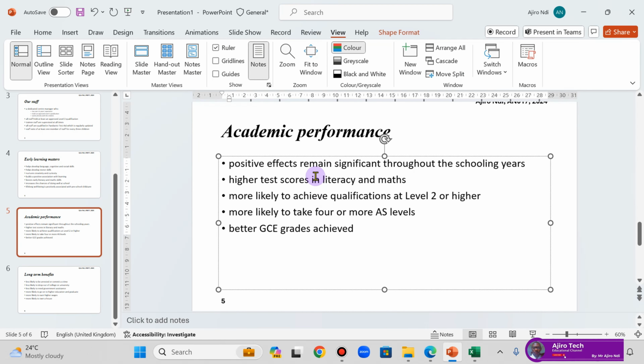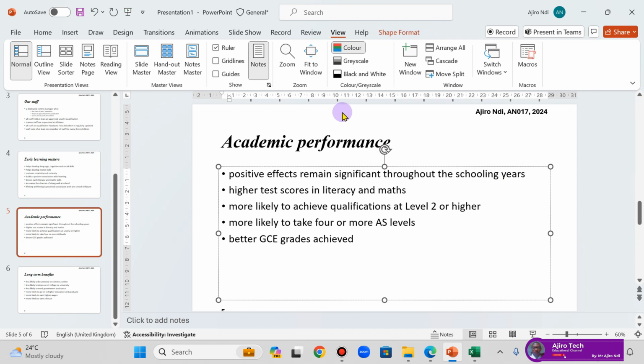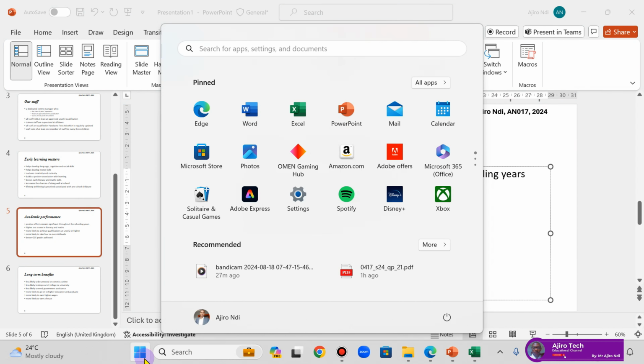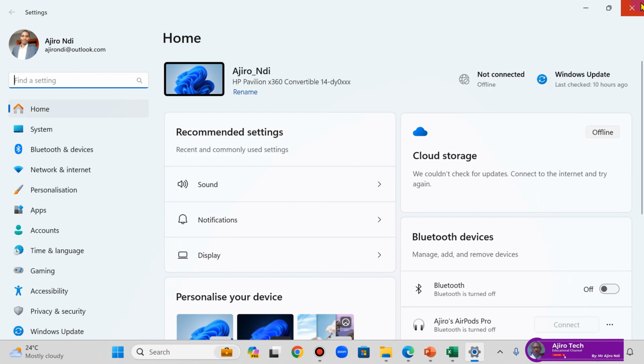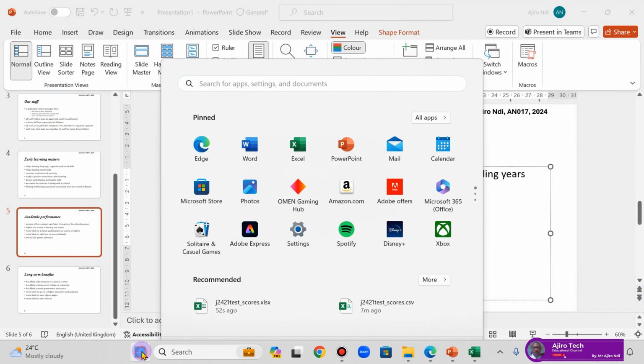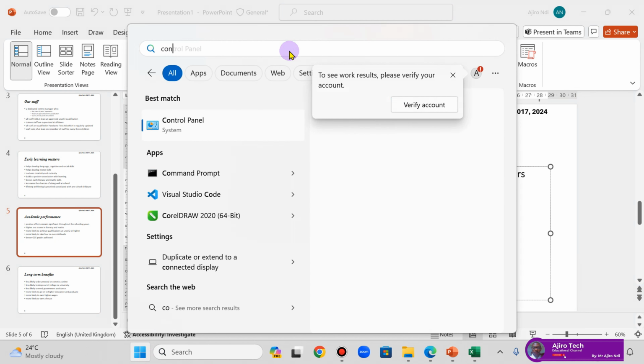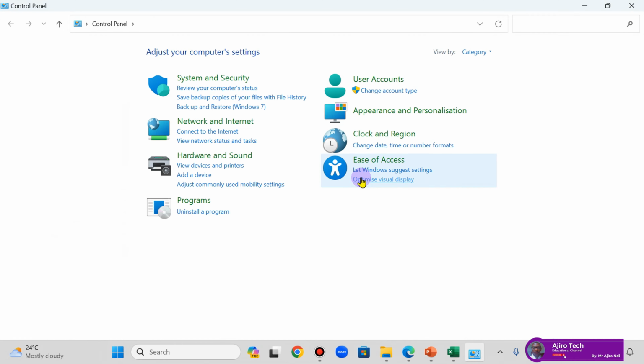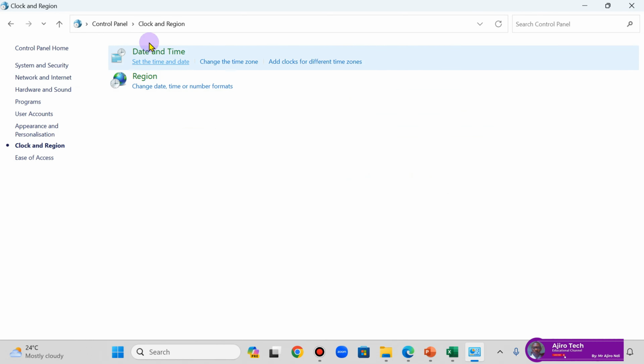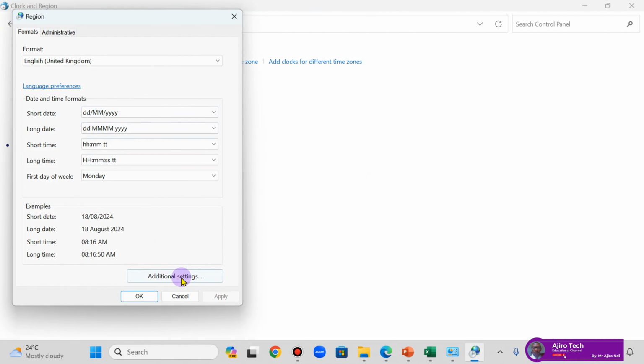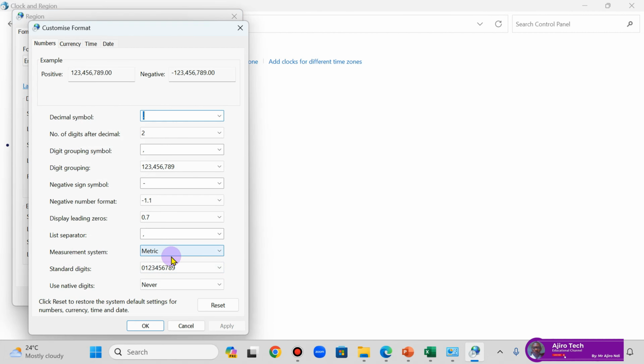So this is going to be what? To the left of the bullet on the slide with the title. Okay, so now I'm going to move this. Now watch this. Okay, now we have this, very important, and I want you to take note of this. So now I'm going to move this to the middle. It is very important, and let me check to see if my measurement unit is in metrics and not US. Okay, so to actually check this, you click on settings. Okay, just go to control panels, and go to clock and region, additional settings, and now you can see that it is in metrics. Okay, your measurement unit for PowerPoint has to be in centimeters. All right,